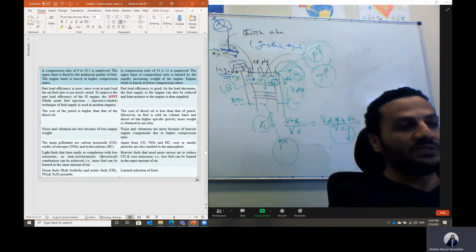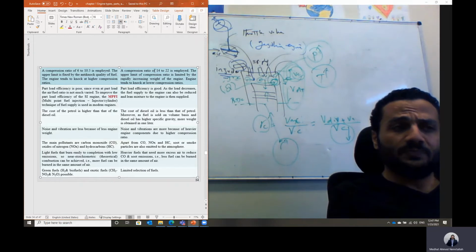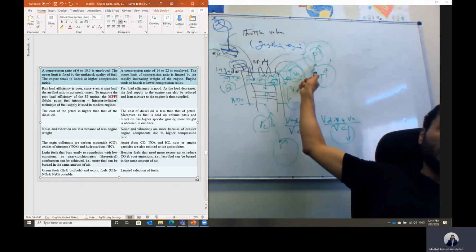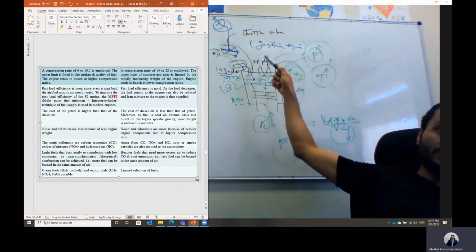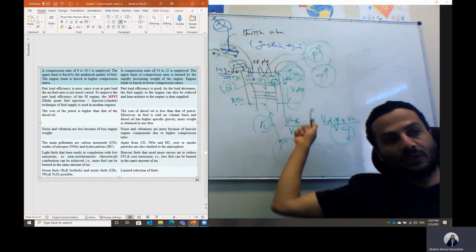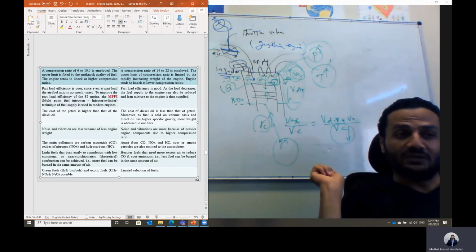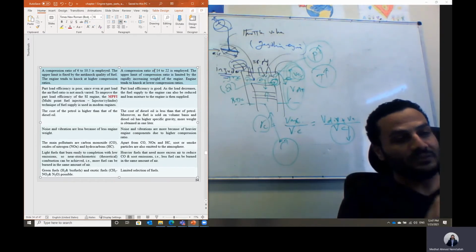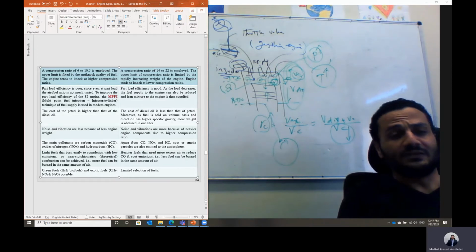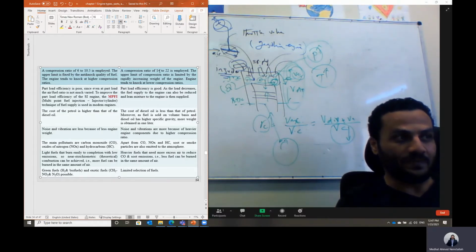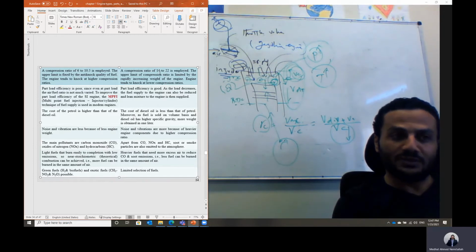And as we said, regarding efficiency, for the diesel engine we can go for a higher compression ratio, that means higher pressure by the end of the compression stroke. That means we can get higher power from the engine during the expansion stroke. Higher power means high efficiency. So the diesel engines are much more efficient than the gasoline engines because they can go for a higher compression ratio. Okay, but why